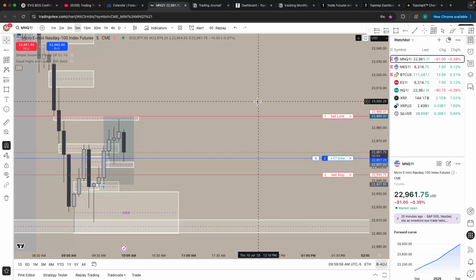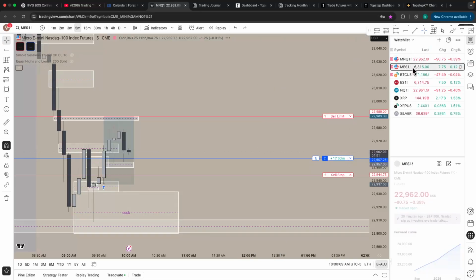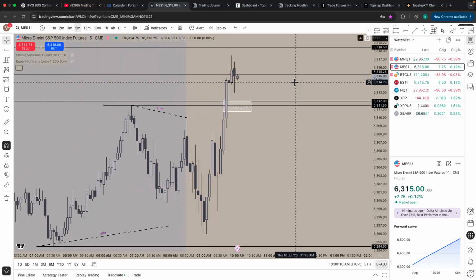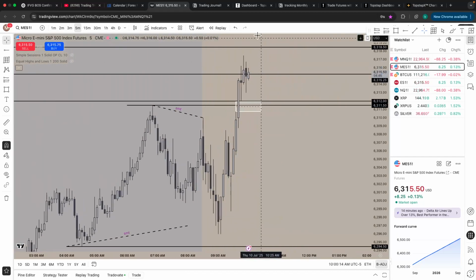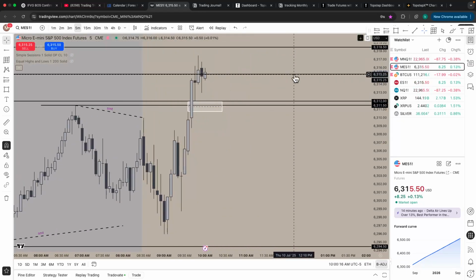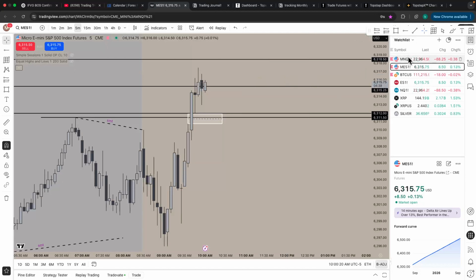I know that it's most likely going to go up. But with ES already sweeping out highs, it doesn't have to. And it could just come down like it is right now. Because ES now could be giving us a reversal, because we swept highs all the way up here. We already swept highs. It doesn't have to go up to here. It can just trend lower. I don't want to see that at all. That's actually the opposite of what I want to see.